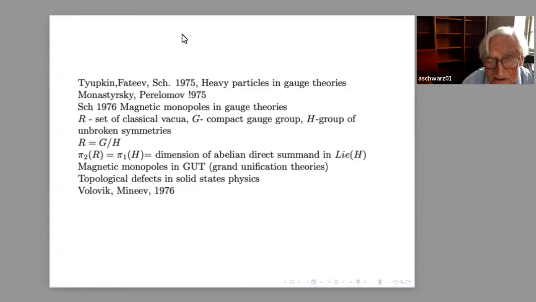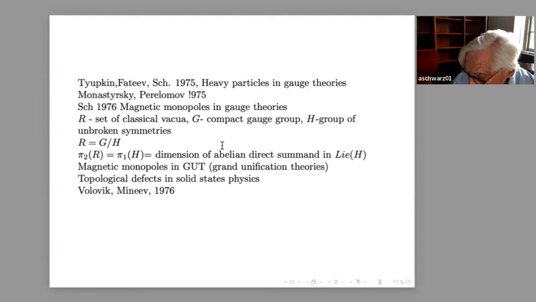So, again, the classification of these defects is precisely the classification in terms of homotopy groups that appears in gauge theories. Later, there were many papers that considered solitons and generalized solitons as examples of topologically non-trivial solutions that have non-trivial topological quantum numbers. But what I would like to explain now